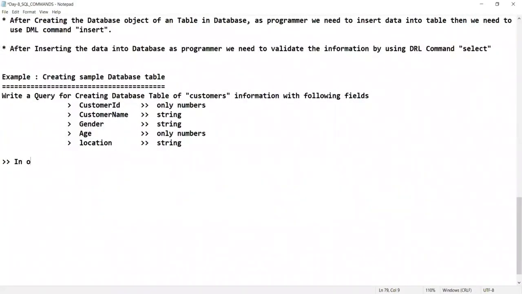In order to create the database table, we will use the DDL command. We will use the DDL command called CREATE. Okay, so we will use the command called CREATE, and